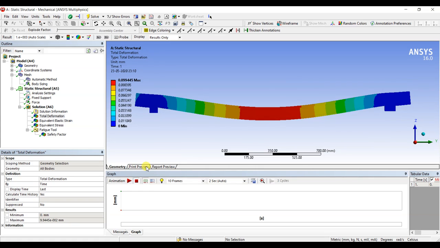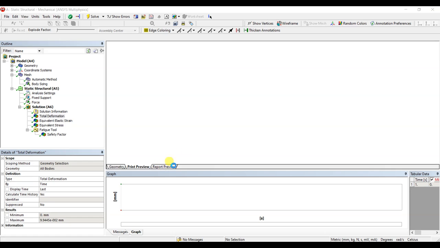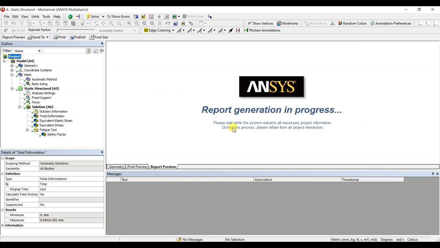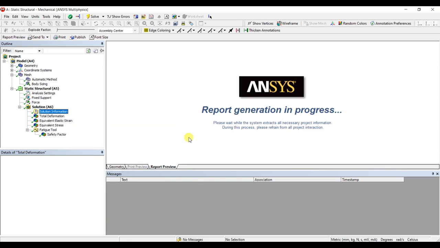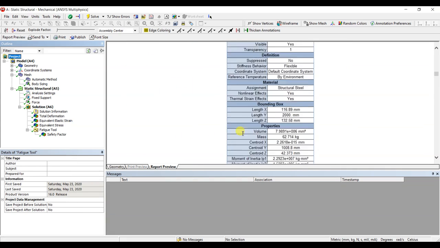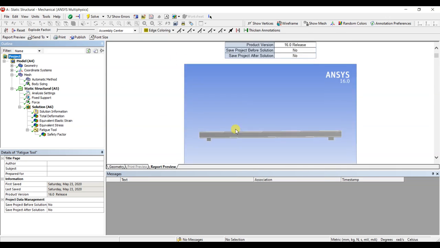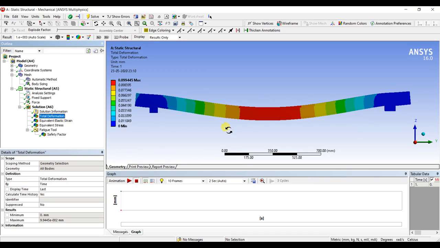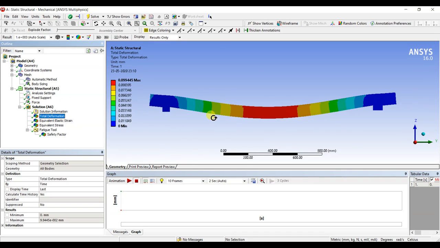and here is the print preview where you get your report. Here is the report preview where you can get your report from ANSYS, and here I am going back in the geometry section.